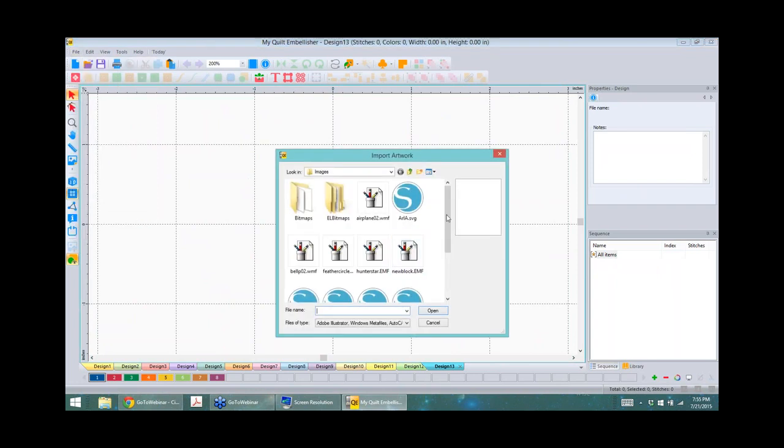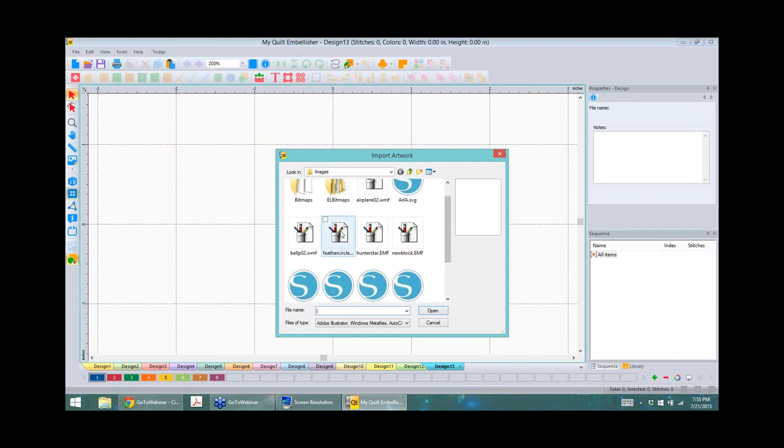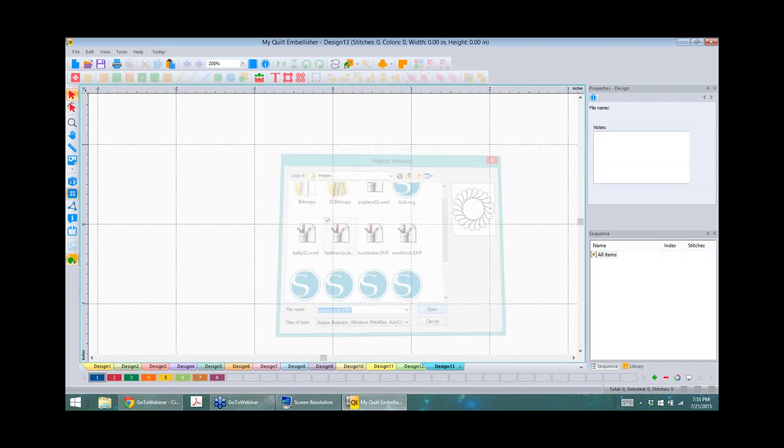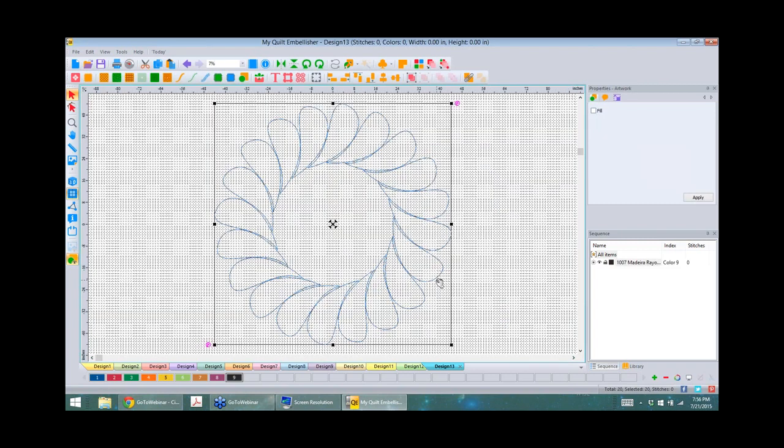And these come in. Here's a feather circle that I exported from another program, and I'll open it up. Now you notice my screen just went really bizarre. I exported it from the other program in a very high quality artwork, 600 DPI, and so when I open it up here,